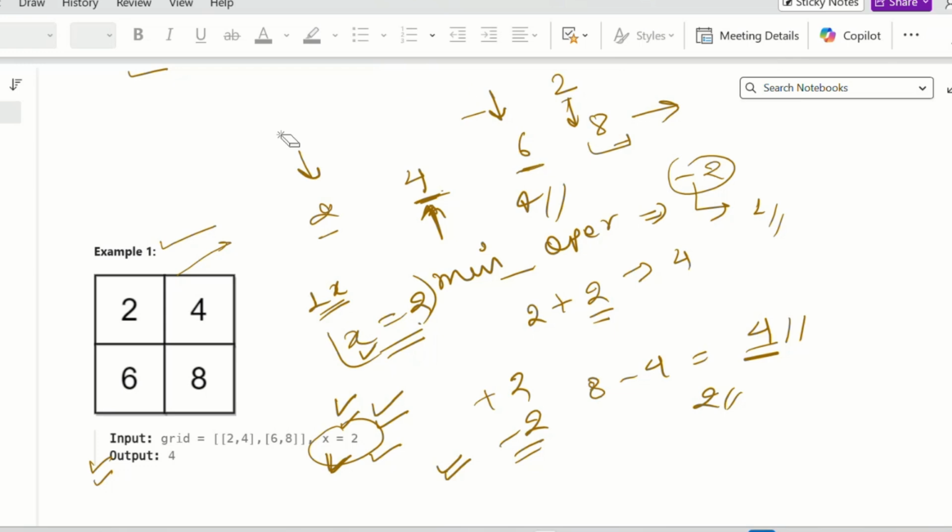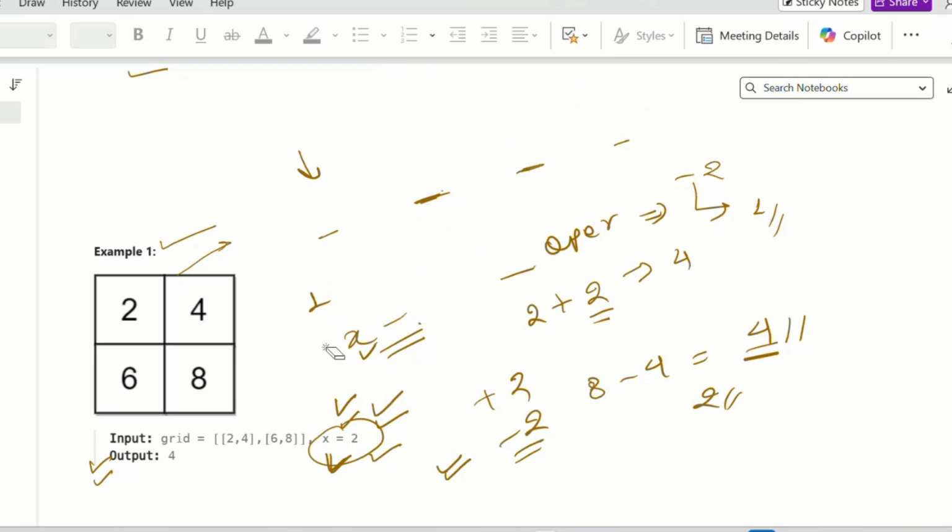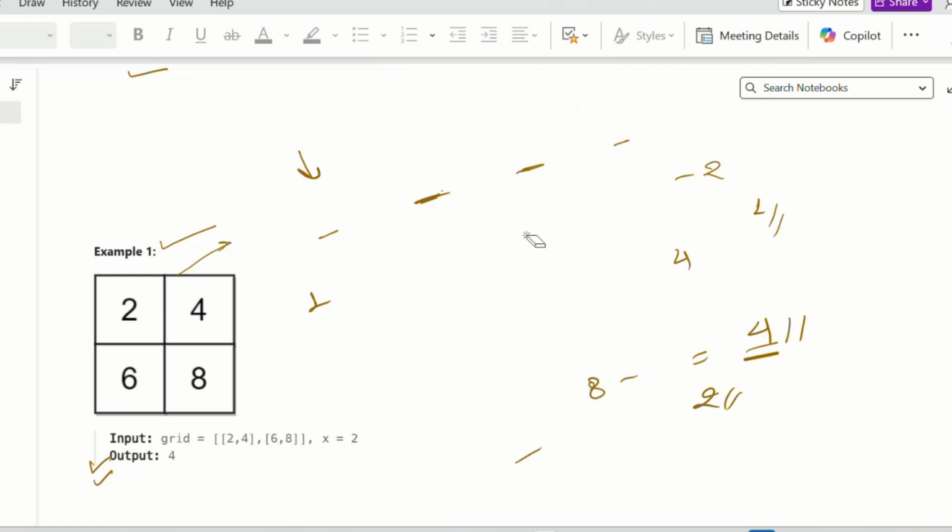Now in our case, we will be given a grid, but to visualize it more clearly, I will convert this to a vector, some vector v, and I can store all my values in the vector: 2, 4, 6, 8. Now think if I try to change all my values to 8, then how many operations are needed?